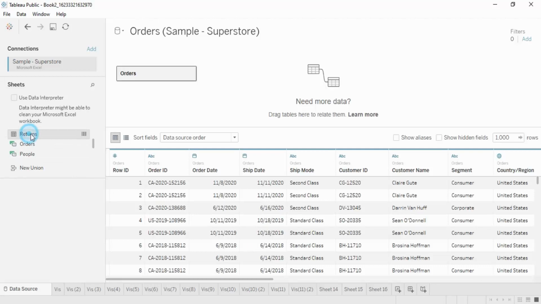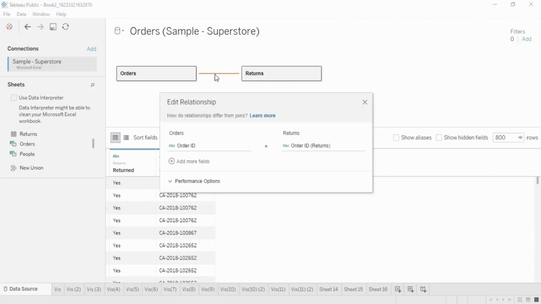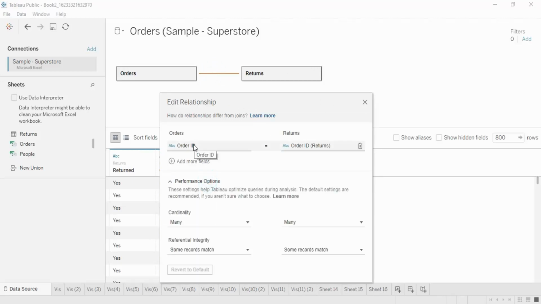If you want to work with multiple tables, you have to drag all the tables into this section, and then Tableau will automatically relate them. Like you can see, there is a red line over there. If you go over there, there is this relationship that is being shown to you, which automatically takes any of the common fields that are available between the two and connects them together.